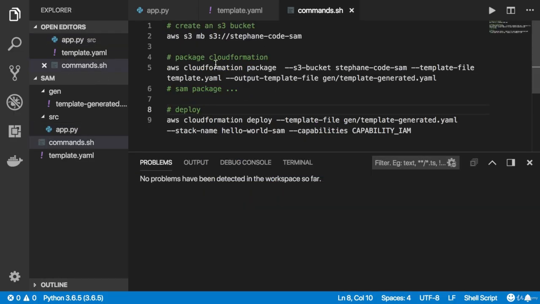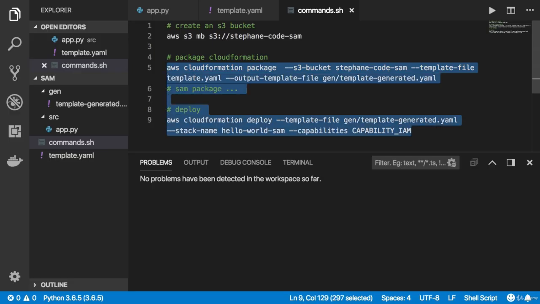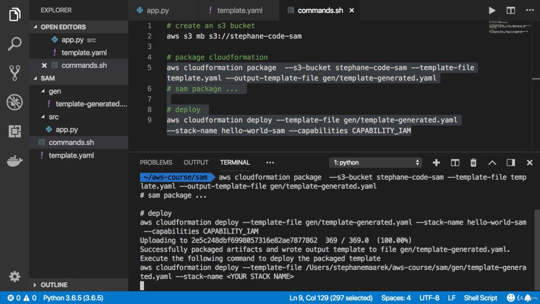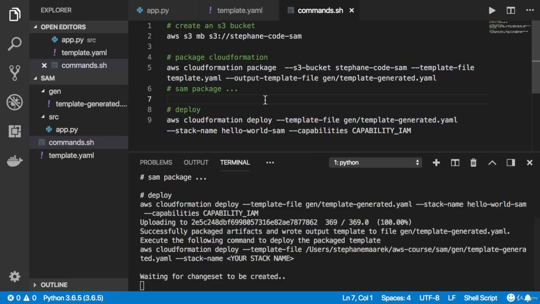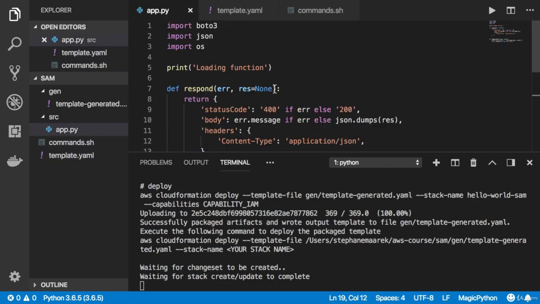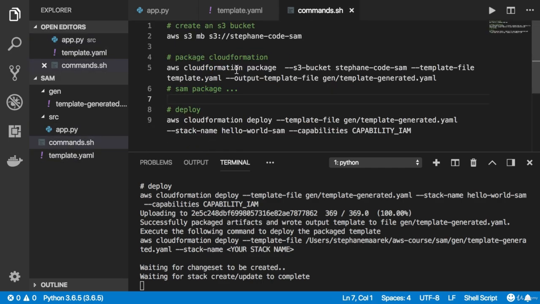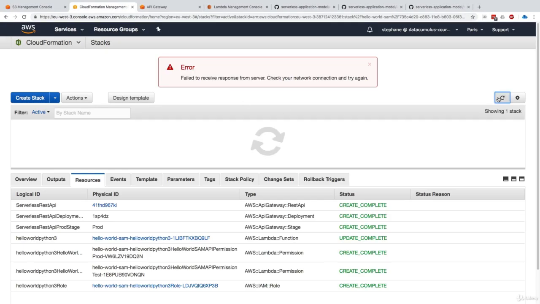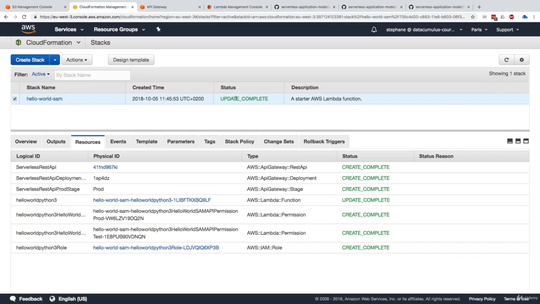Now we're going to run the commands again. So I'll run the package command and deploy command all at once, one after the other. So it goes a bit quicker. But so we see that we can quickly iterate on the errors I make in my CloudFormation, in my serverless and Python files, just using this CloudFormation package and CloudFormation deploy commands. So now basically after this update, we should be all good. So let's go back to our CloudFormation to see if the update is complete. Yes, the update is complete.